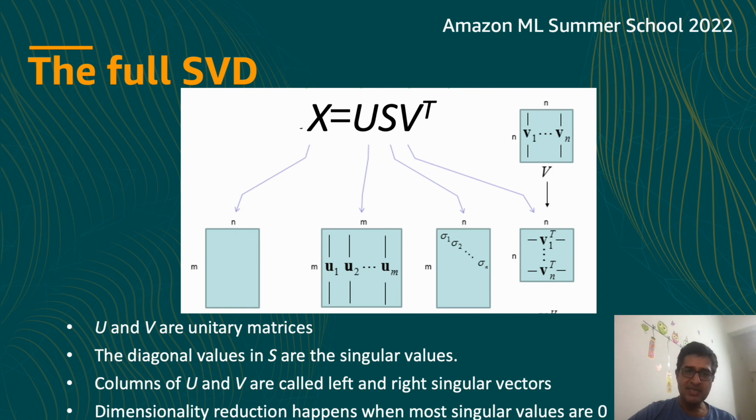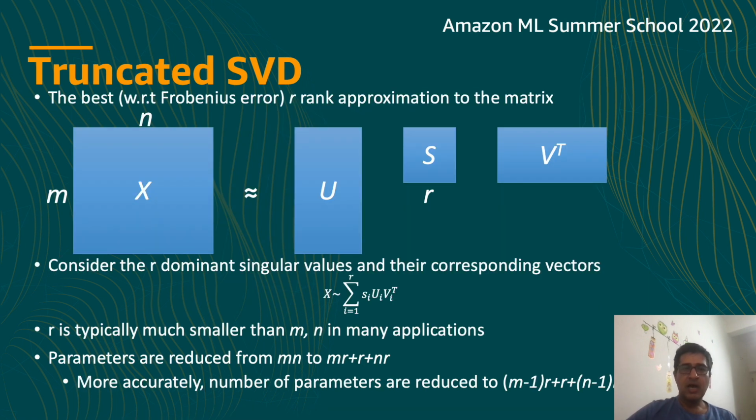Now, the dimensionality reduction actually takes place only when you find out that a lot of the members of S, or the diagonal values, are actually zero. Once you find out that many of these are zero, essentially you are able to represent the matrix X in a much smaller dimensional space. So this is how the matrix multiplication looks. You have an m cross n original matrix X, which gets represented in terms of an m cross r, an r cross r, and an r cross n matrix. And typically r is much smaller than